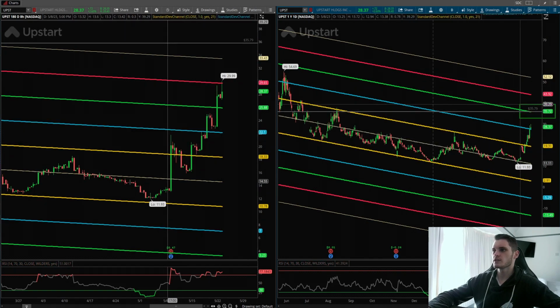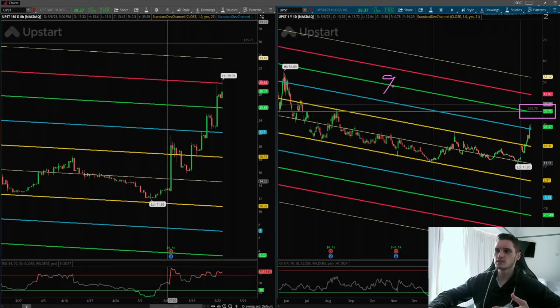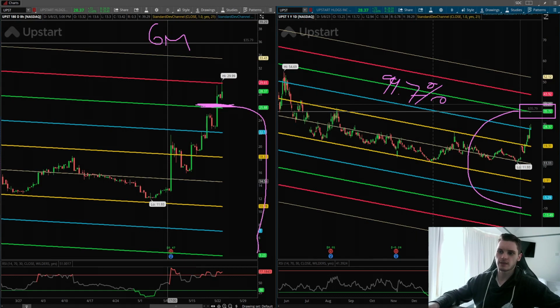Again, this is our third deviation on the 1 year. And these third deviations are usually my favorite because if you understand standard deviations, you know at the third deviation, 99.7% of data should trade within the green area. So whenever you start trading outside of it, we do expect us to start reversing and pulling back. And what you can see over on this 6 month chart, we've already broken above our third deviation, and that's the range. So if on the shorter term chart we've broken above, we do still expect it to start trading below that relatively quickly, but it doesn't mean we won't hit this 35 first before we start that